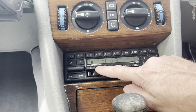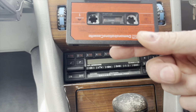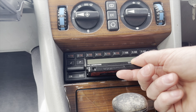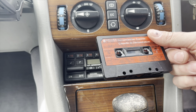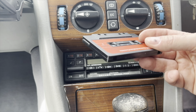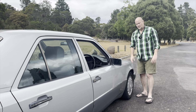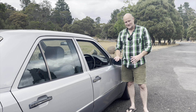And it ejects. Well, that's a really good sign. It plays tapes really nicely. And that's cool. If I knew German, I could understand all of what it was trying to tell me about the Becker stereo system. One thing I've noticed, and I don't know why, is there's two different sized wing mirrors